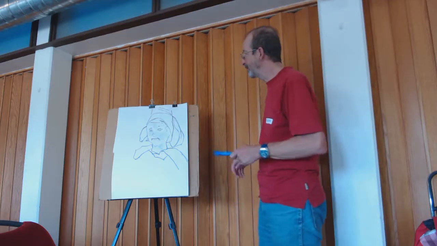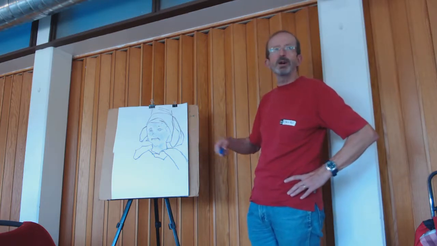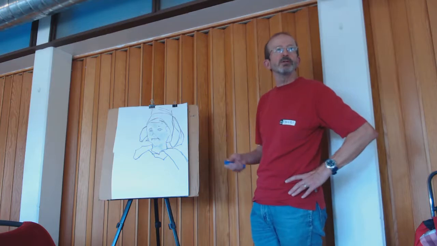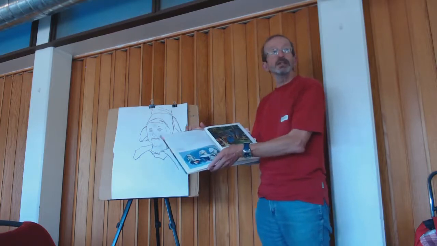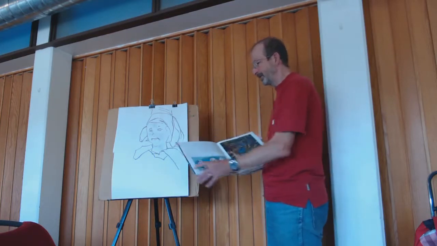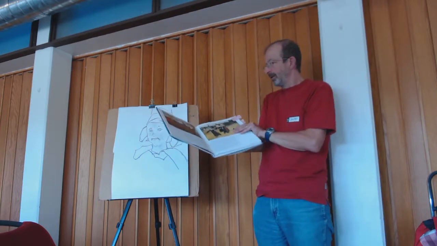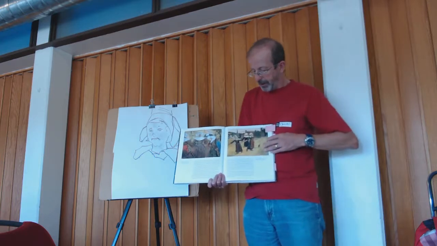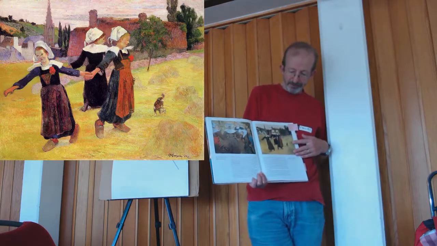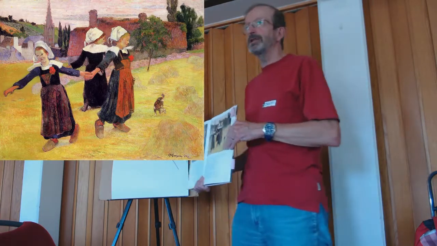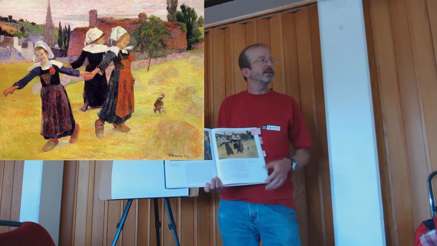Because if you look at Gauguin's approach to his work, I've just done this quick sketch of one of his Breton peasant girls, a little sketch from one of the sketches that he did. This girl here found her way into one of his earlier paintings. I think this is just a delightful painting of three Breton girls dancing. But the style is quite different